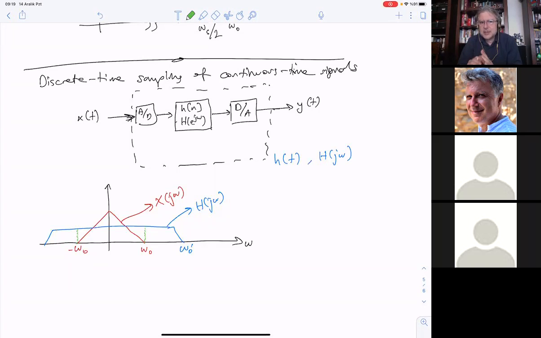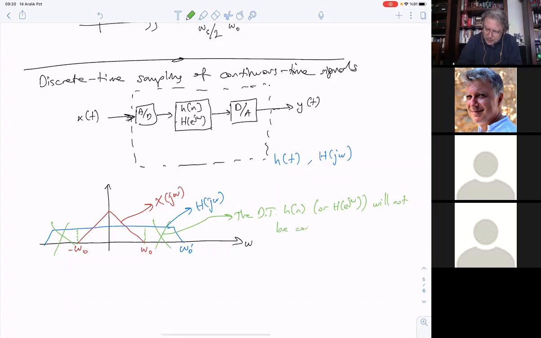So the discrete time system will not cover these places. Let me write it. The discrete time h of n or h of e to the j omega will not be concerned with these regions. Okay,